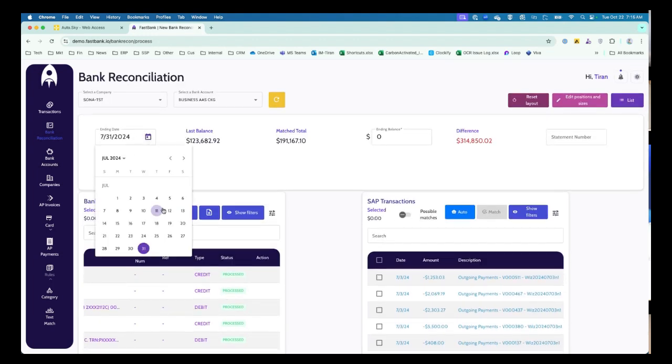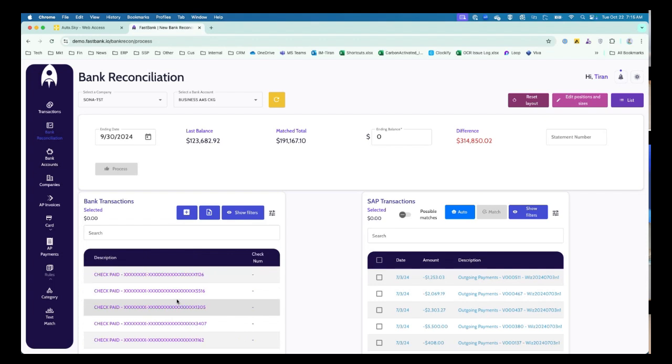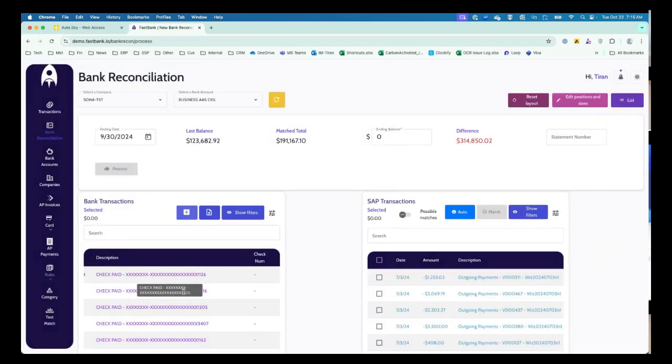Let me show you. If I go to maybe September, you could see there are a bunch of unprocessed transactions. You can go and post this into a GL, business partner. It's the same thing we saw straight from the screen. It will post to the SAP. You can search. You can also add import transactions. Sometimes you have an Excel file, CSV file. I don't think you need it because your banks are automatically connected. They have rare banks, some small community bank, we may not have that. So we have that option. And if there are any transactions on the bank side, maybe we can post it. Maybe there's a missing pay fee or something that didn't come through.